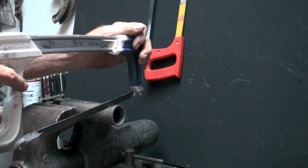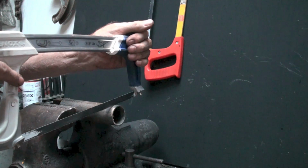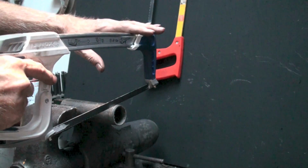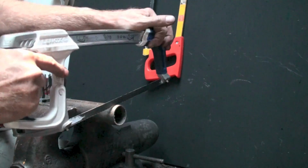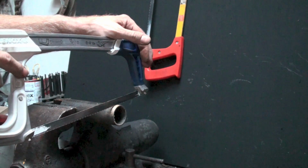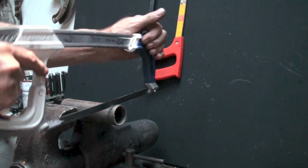Now, I've not put any marks in this or anything to try to follow, but I'm not putting a bunch of weight here. Sometimes I'll kind of guide it here, but going like this, that's not the way to do these things. The blade bends and all sorts of crap, and it just wears you out. The next mistake almost everybody makes is, I'm going to start,